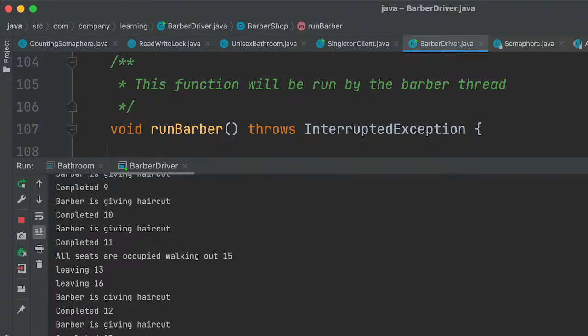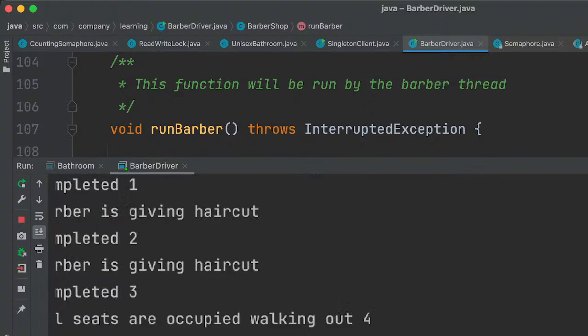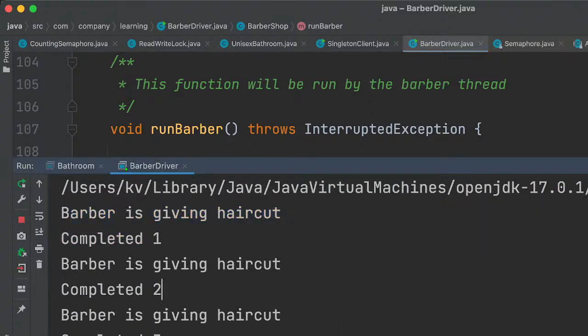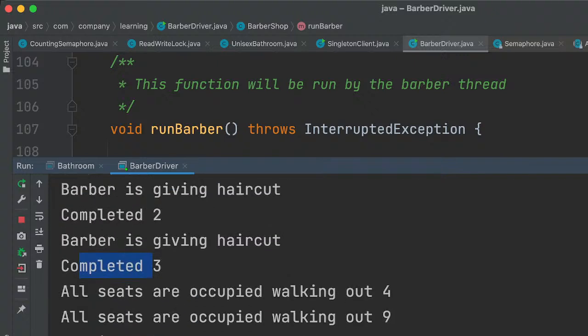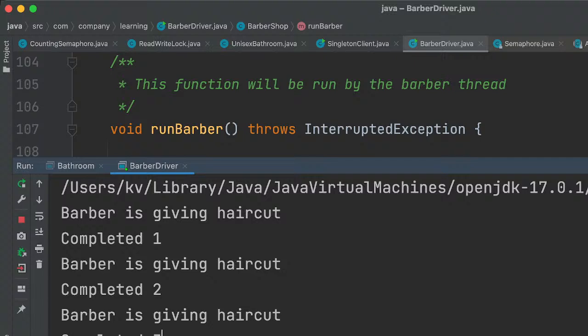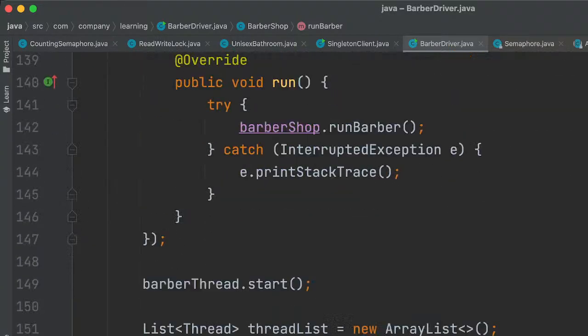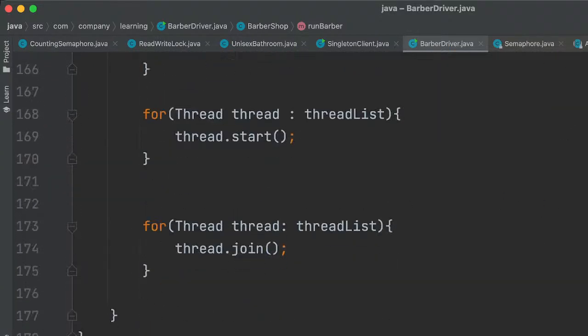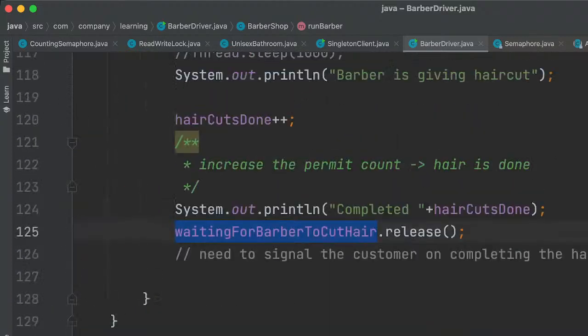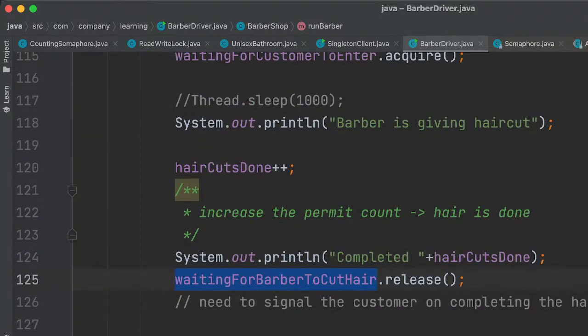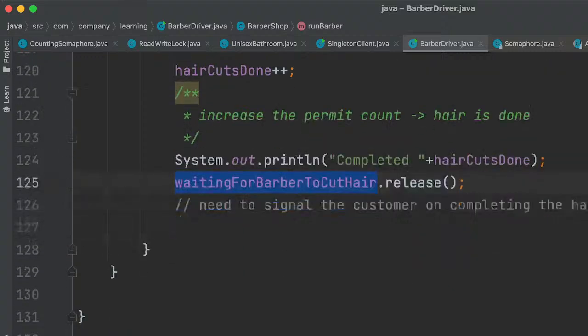See, barber giving haircut complete 1, barber giving haircut complete 2, giving haircut complete 3, all seats are occupied. See, everyone has completed their execution. Barber gave three cuttings and three haircuts, but still there it is.